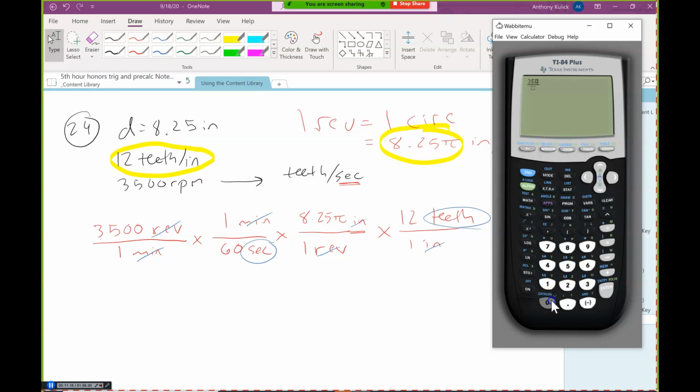So I can just put the stuff in the numerator together. And I'm going to skip the ones because obviously those don't matter, right? So this stuff in the numerator, 3,500 times 8.25 pi times 12. And the denominator, I guess all I have is the 60. So if I do that, I have 18,142.7